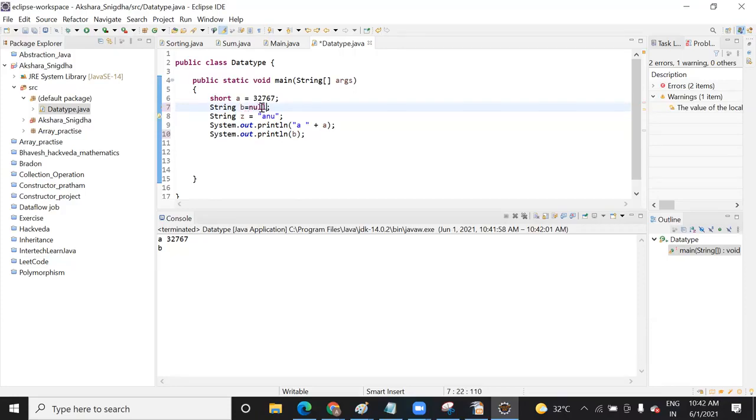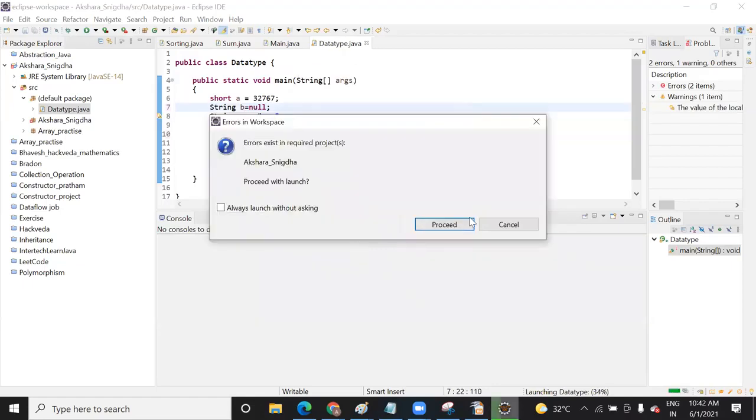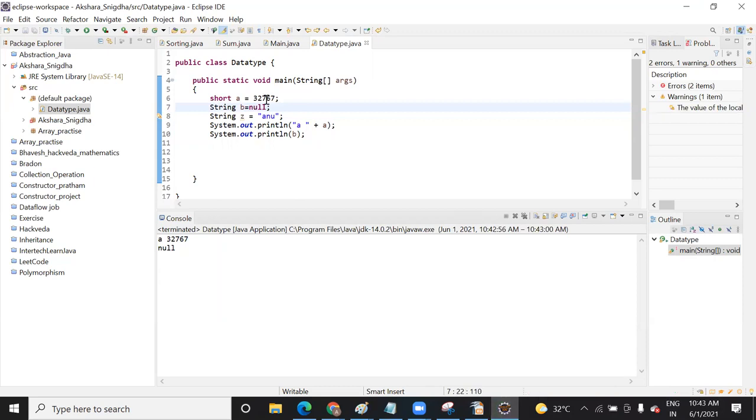Okay. Let's check it now. So when you initialize null, then only it will print null. If you do not initialize anything, there is a difference between null and just writing a double quote. Inside this double quote, there is nothing present. Null means a null value, so something called null is present. If you increase this, it will be considered as a space. So it means that there is nothing present inside this. There is no space.